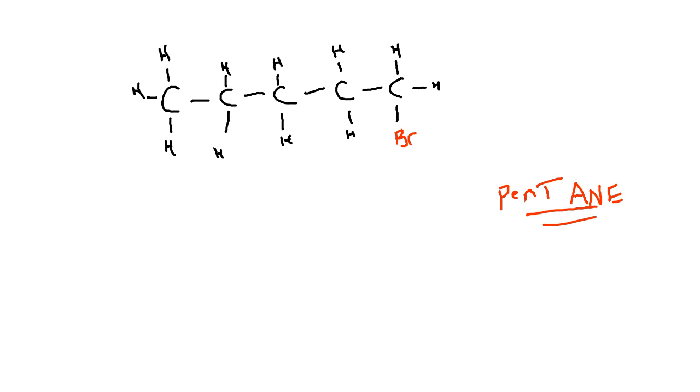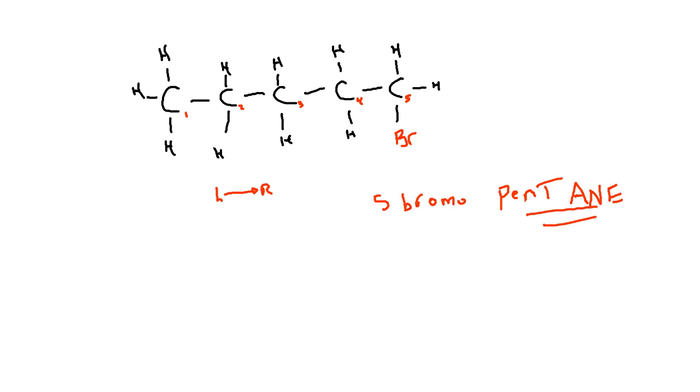The next thing is we need to look at the substitution. Well, there's only one substitution. It's bromine. Now, if we count from left to right, watch, this would be carbon 1, this would be carbon 2, this would be carbon 3, this would be carbon 4, this would be carbon 5. So this would be, if we kept this, a 5-bromo